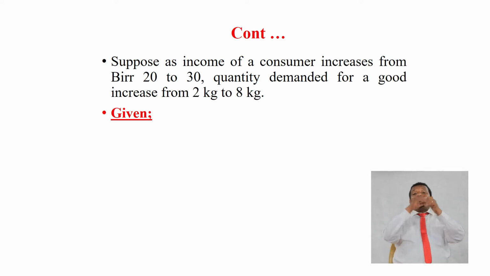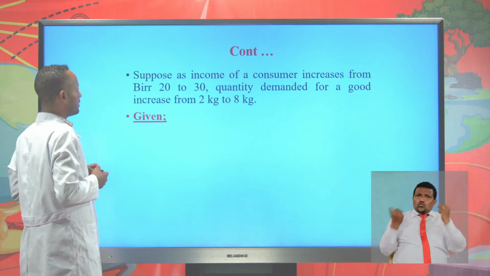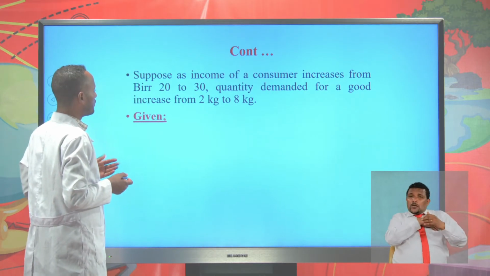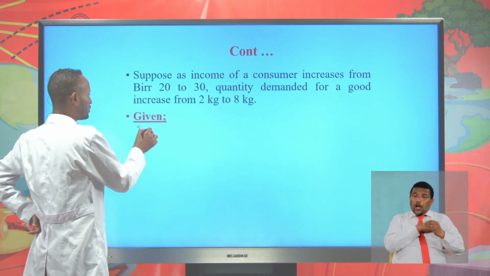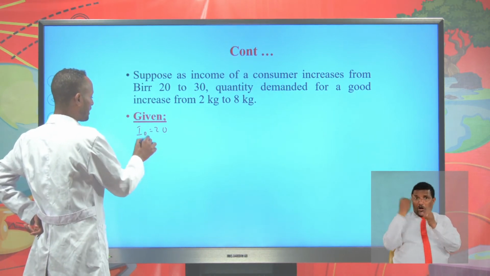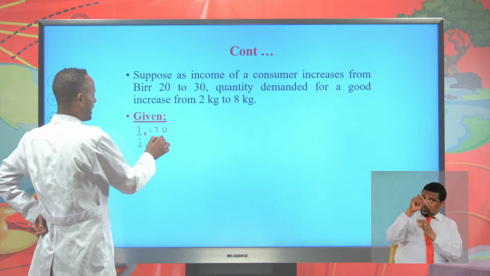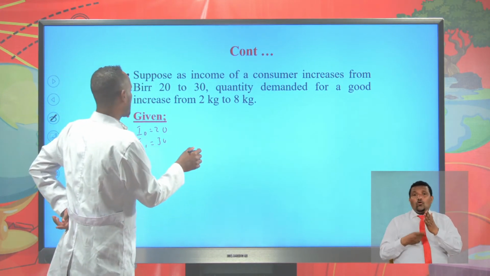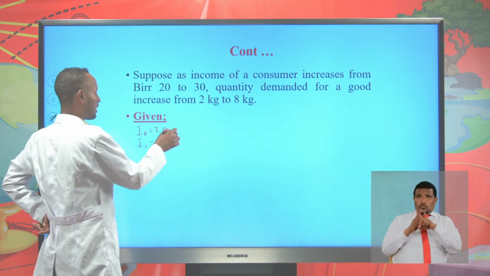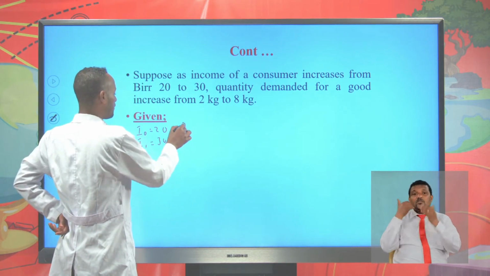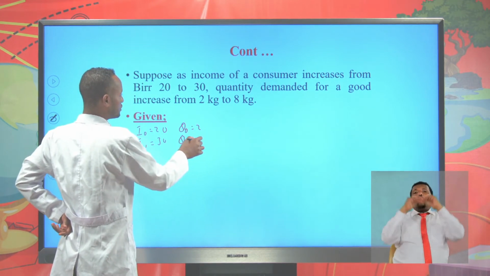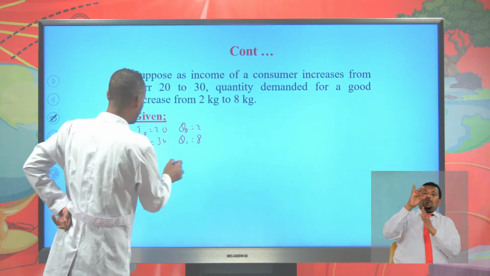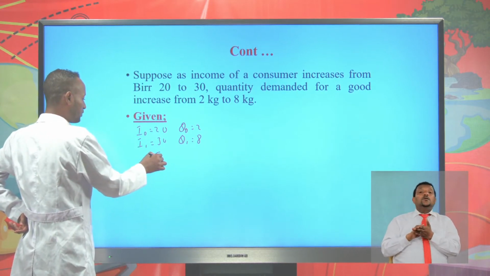Now let's see the way of calculating the income elasticity of demand using the following information. Suppose income of a consumer increased from 20 to 30. That means income was initially 20 and finally the income reached 30. As a result, the quantity demanded for a good increased from 2 kg to 8 kg. That means the quantity of a commodity was initially 2 kg and finally the quantity increased to 8 kg. Then when we come to the solution,